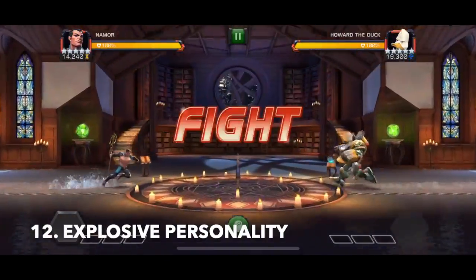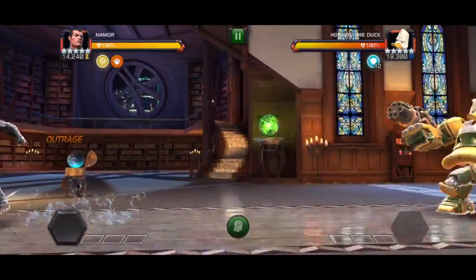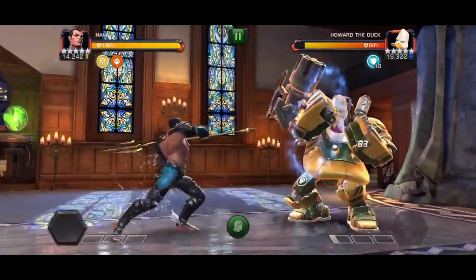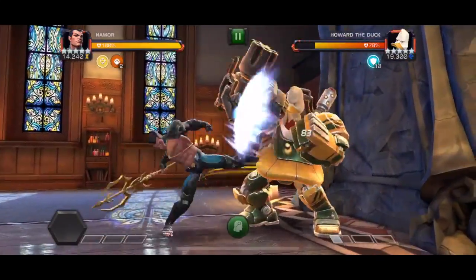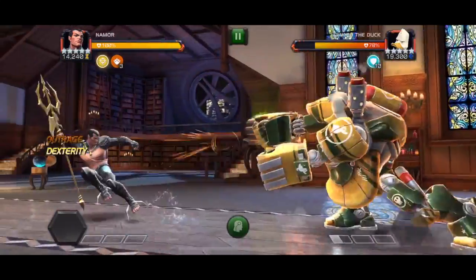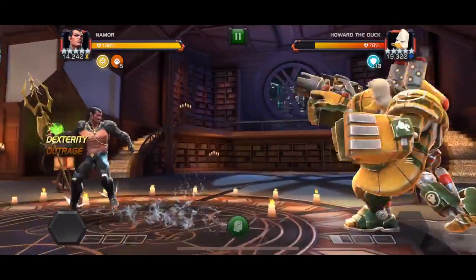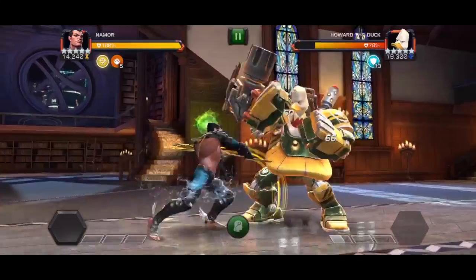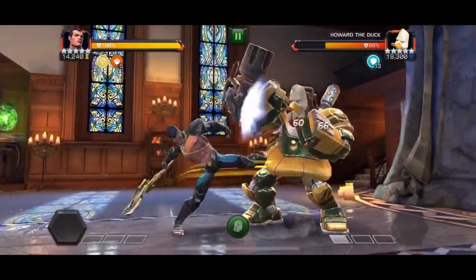Number 12 is the Explosive Personality node. Now this is a node where if you hit into an opponent's block 5 times, you will take a portion of your health. I think it's 25% of your health as damage. So what I'm actually doing here, just to show you how this works, is I'm only hitting into Howard's block. I'm not hitting him unblocked at all. And you can see that every 5 hits, he's taking a pretty decent chunk of his life in damage back